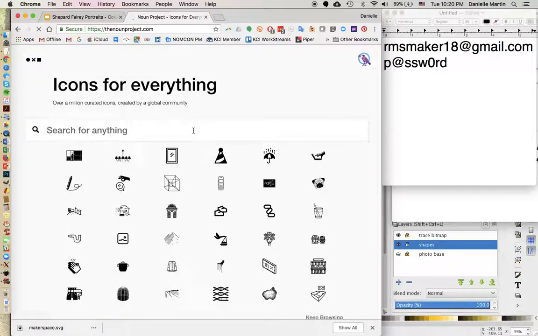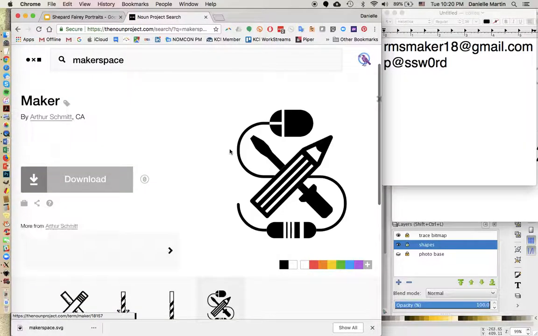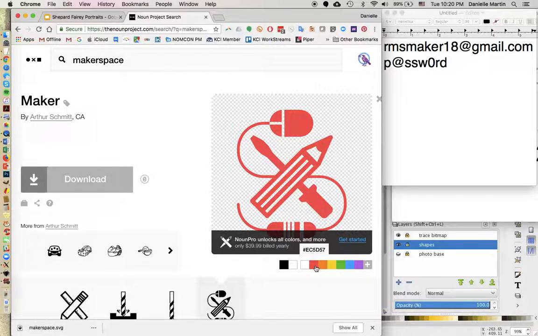So things that I know about Mr. Hicks and I want to put into my sign is that he has a makerspace. So let's see, makerspace is a noun. And let's see if there's any sort of good, oh yes, this is awesome. I like this. Well, I actually kind of want to add some color to my thing because we're going to do it on a color printer. And I've got him as black and white, but I think that I can change the color